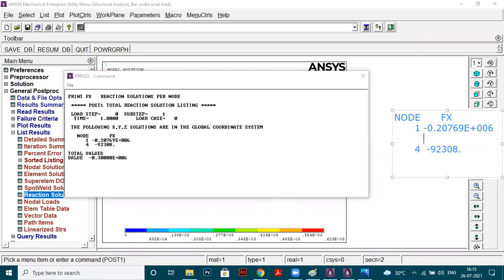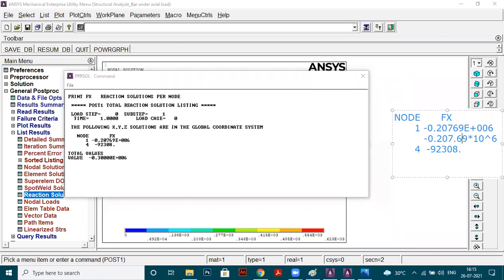If you see this value, it means minus 0.20769 into 10 raised to power 6.